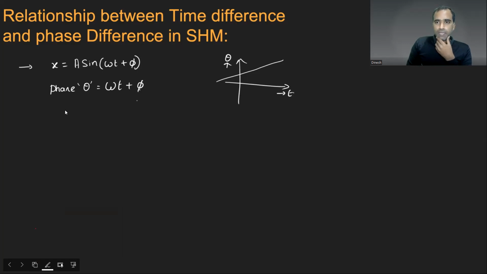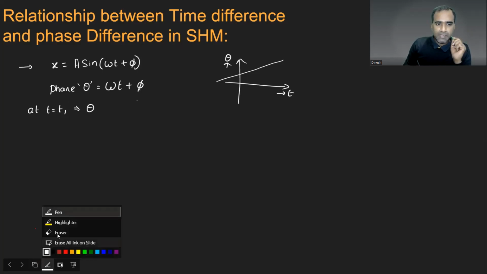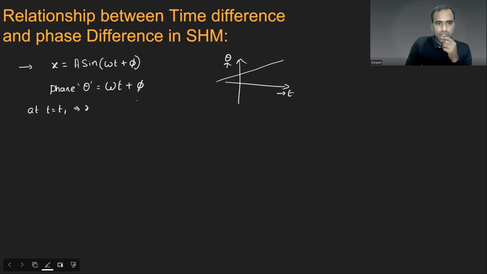Now, let us try to understand at time t1, sometime, some 2 seconds or 3 seconds, at some time t1, what is the phase? Some displacement will be there at time t1. Okay. Some displacement will be there, some phase will be there. Let us try to understand them. Displacement, let me call it as x1, a into sine of omega into t1 plus phi. I'm talking about some time t1. So if you take SHM,